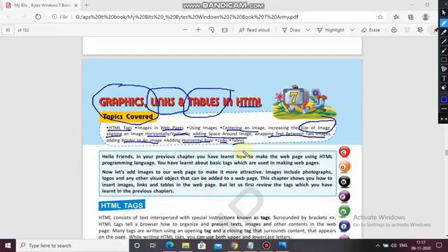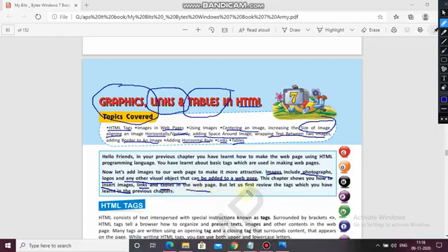Sometimes the text is not clear to you, then you use the picture to understand things. Clear? Images include photographs, logos and any other visual object that can be added to a web page. Means you can include images, photographs, logos also. So this chapter shows you how to insert images, links, tables in the web page.